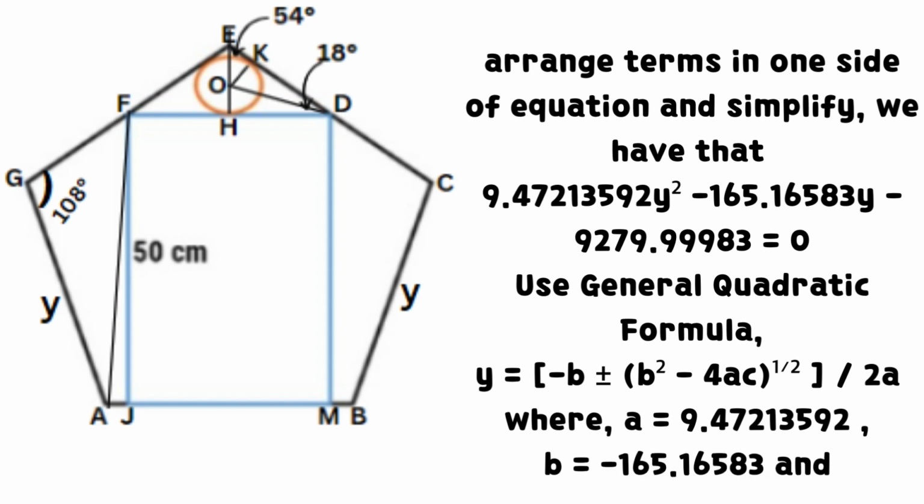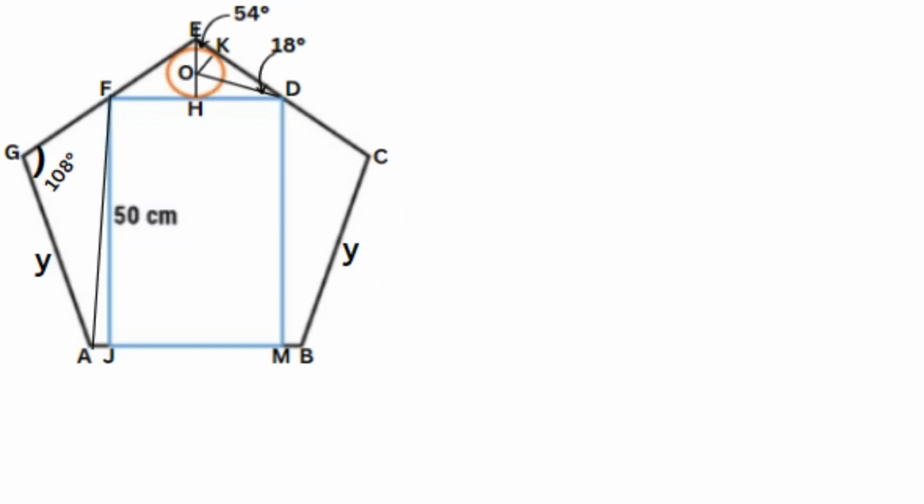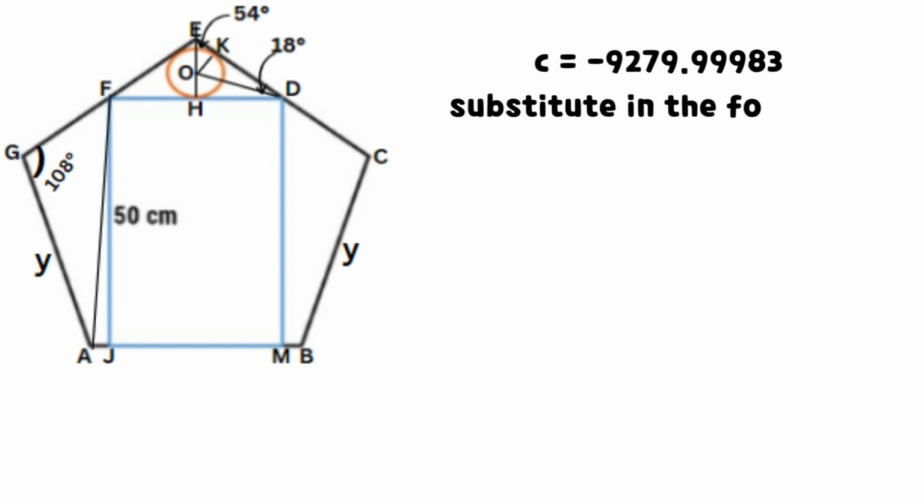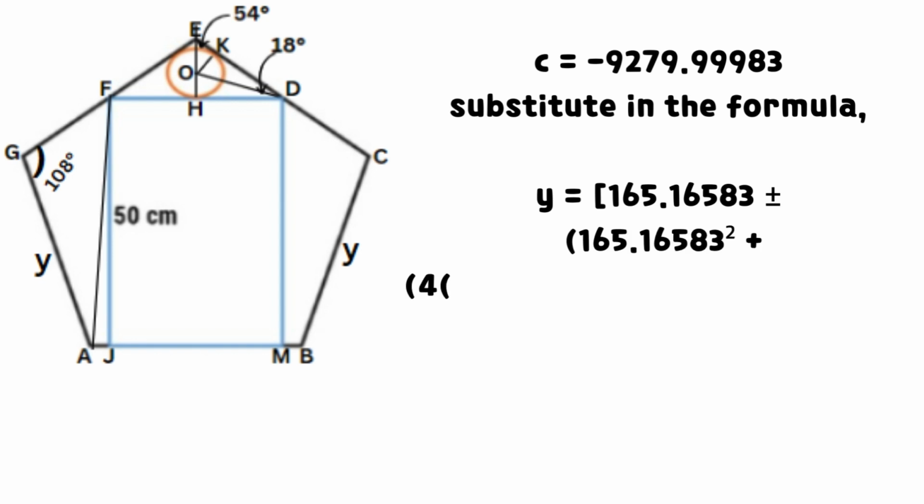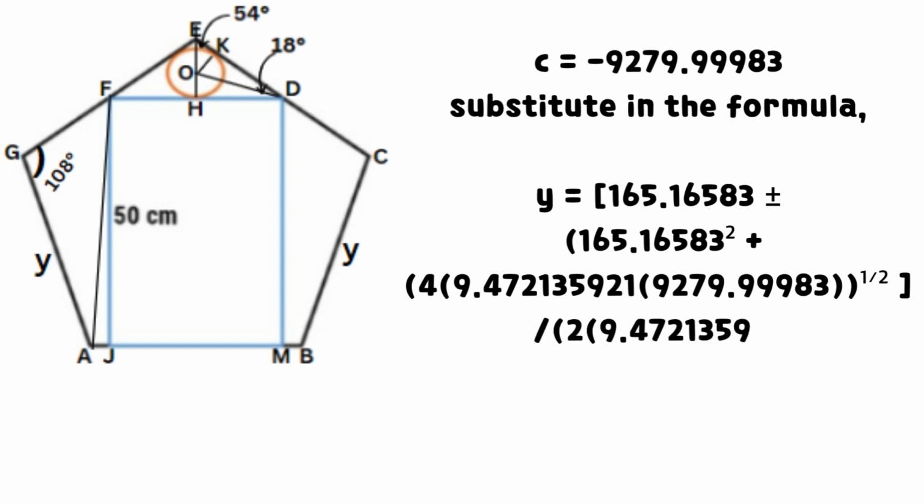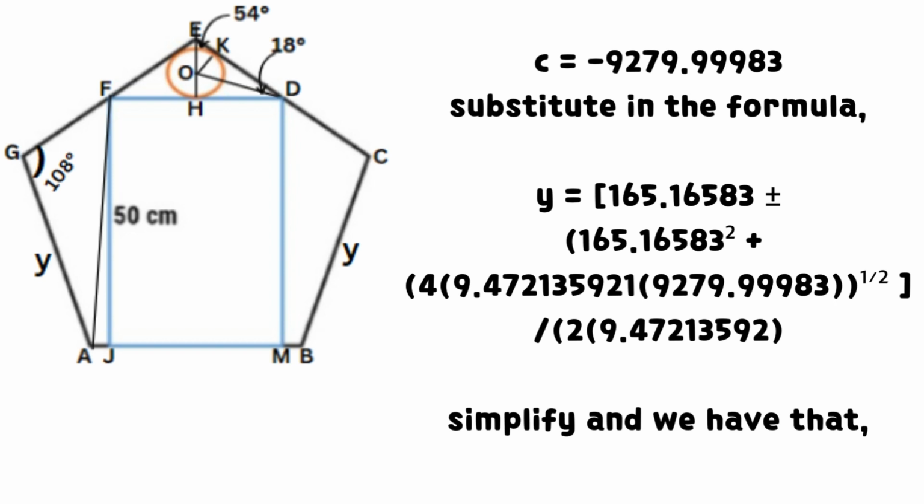Use general quadratic formula, where a equals 9.47213592 centimeters, b equals negative 165.16583 centimeters and c equals negative 9,279.99983 centimeters. Substitute in the formula of equation of y. Simplify and we have that